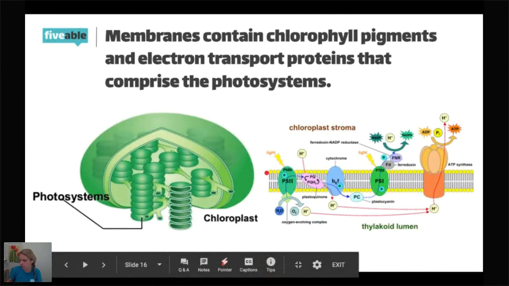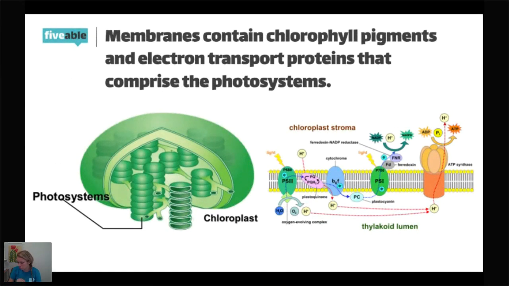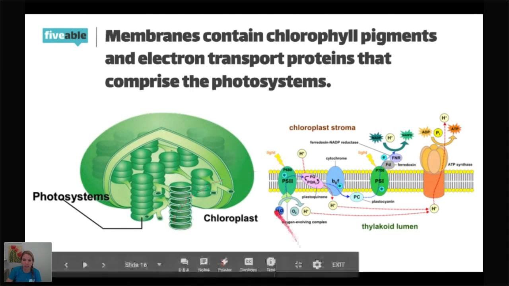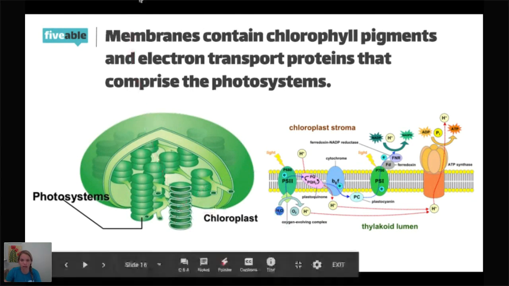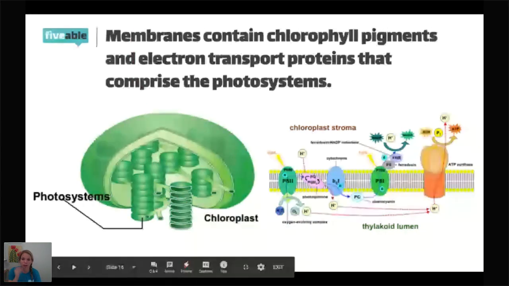Ooh, I didn't realize it's 8:51. Okay, so we're almost wrapping up. So I'm gonna kind of speed through this, guys. Membranes are gonna contain chlorophyll pigments and electron transport chains that comprise the photosystems. Lot of vocab going on here. Again,